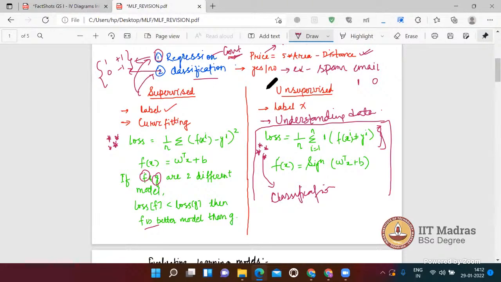You're talking about curve fitting, but basically what we have learned so far is that we are fitting either a line or a plane, which is more like a linear fit. Yeah, that is also a curve only. If you are fitting a straight line with only 2 features, we can say it is a linear line. But if you increase the dimension to 4 or 5, that will change into a curve, right? Are you getting my point? Yeah, got it.